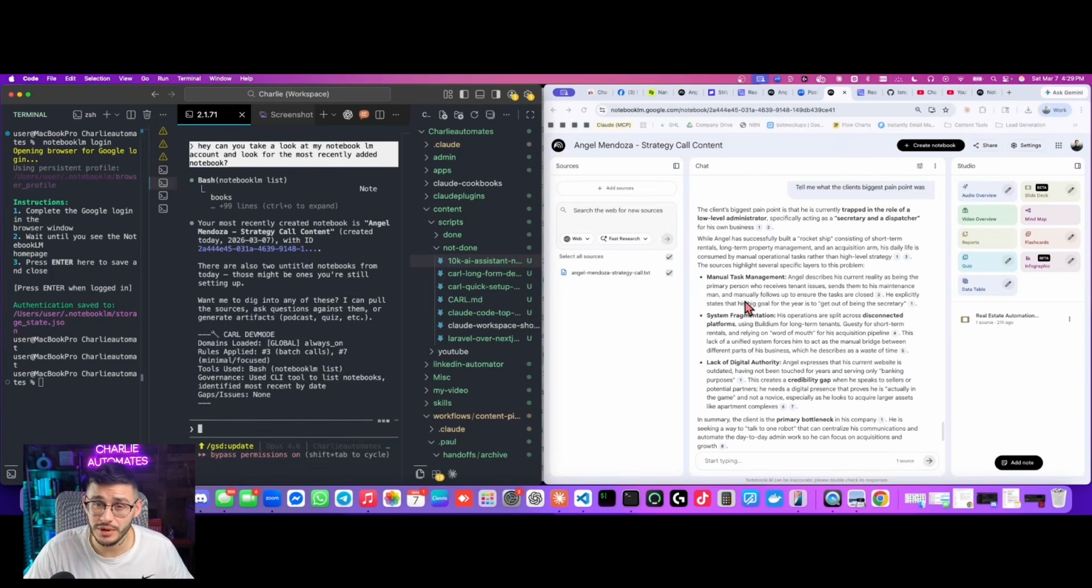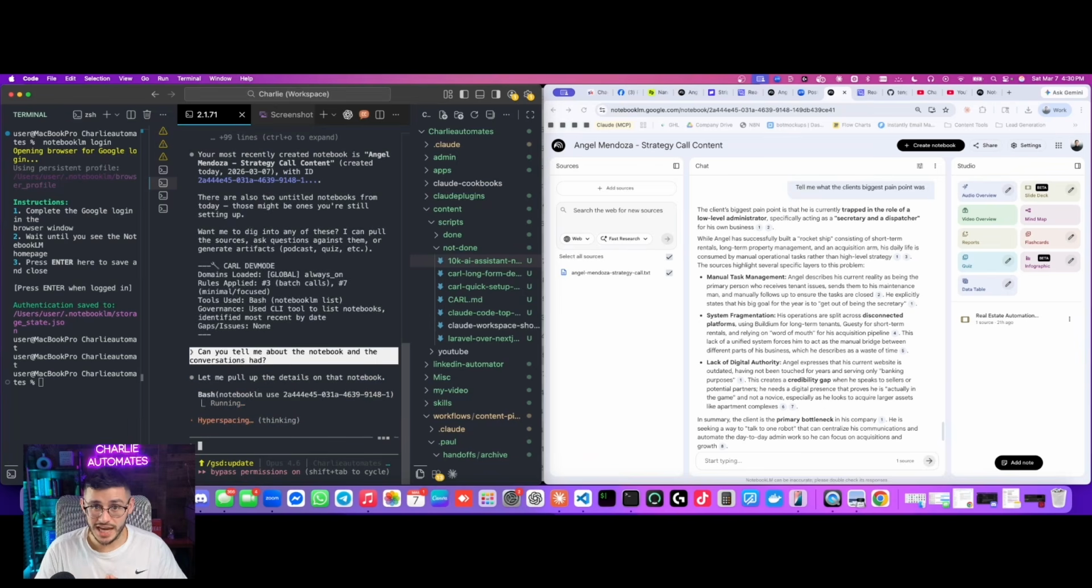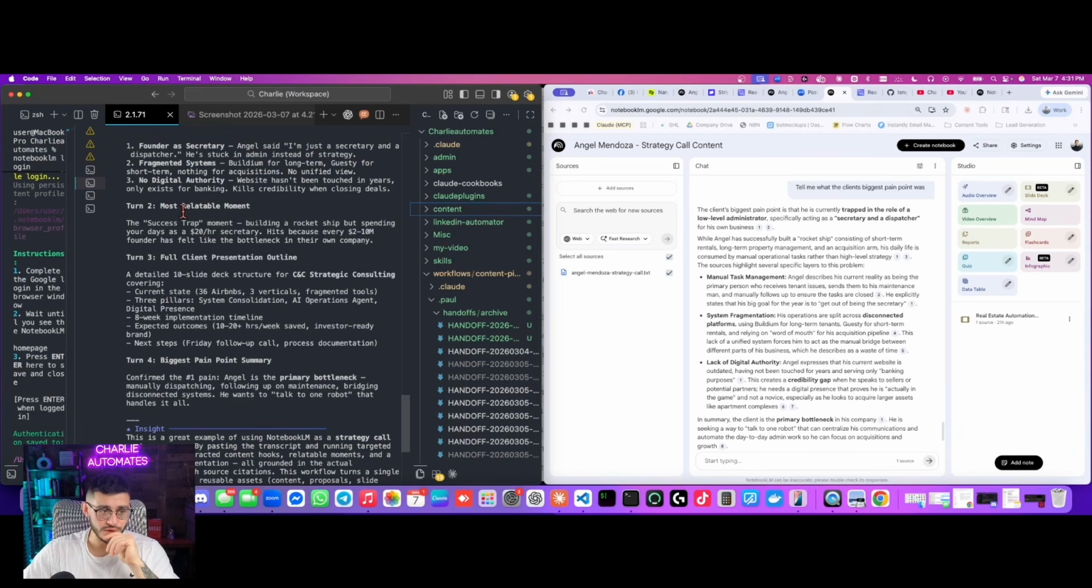And since this notebook is for this particular client, I can go ahead and add more context. So if I have a few other sales calls with this individual, I can drop the transcript or whatever assets he's shared with me and say, hey, can you just go ahead and update the notebook for Angel Mendoza? And it'll continuously add more and more resources. If you have video links, whatever, it can add them all. And if I want context about the client conversations, I could say, can you tell me about the notebook and